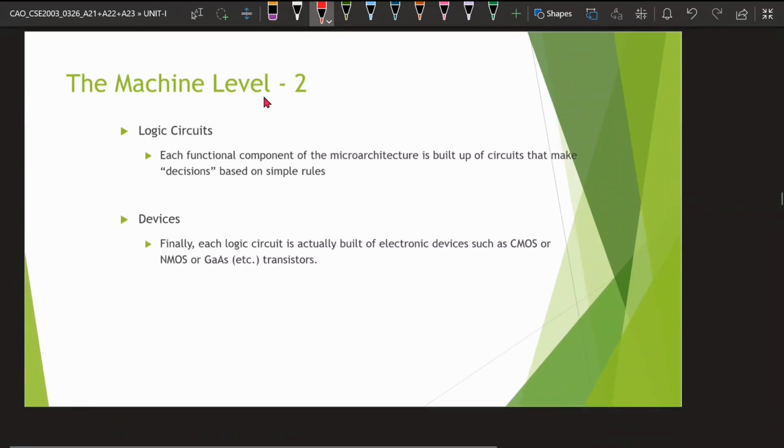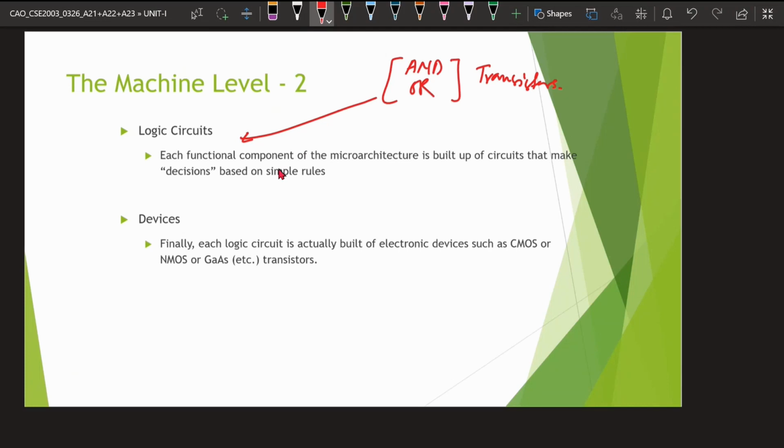Okay, so logic circuits, another machine level. Logic circuits are different functions or logic gates we know. Suppose an AND gate, OR gate, or different gates are there; these logic circuits are made up of different devices called transistors. These logic circuits are made up of different devices, like transistors, CMOS, NMOS, or gallium arsenide. Okay,